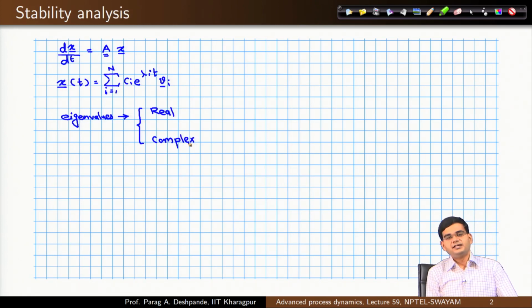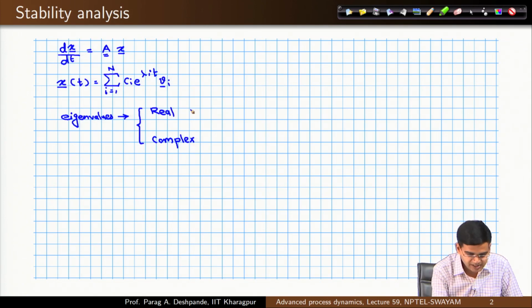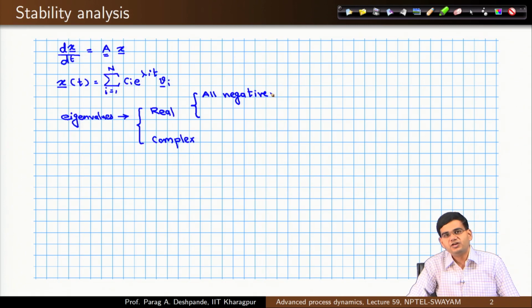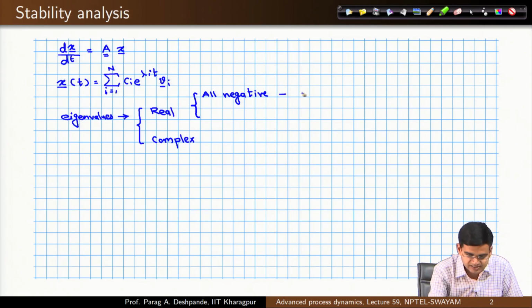And depending upon whether they are all real or complex, you can immediately see the eigenvalues and comment upon the stability. So, when the real eigenvalues are such that every single eigenvalue is negative, then you definitely say that the system is stable,